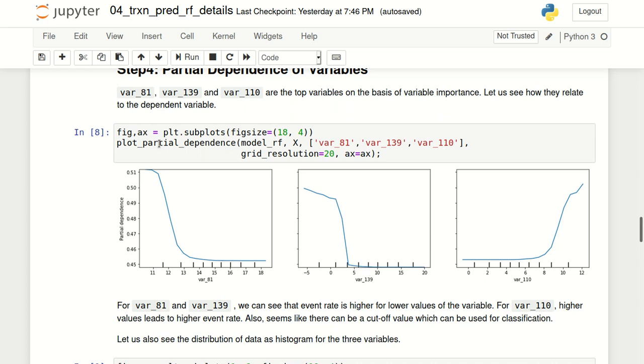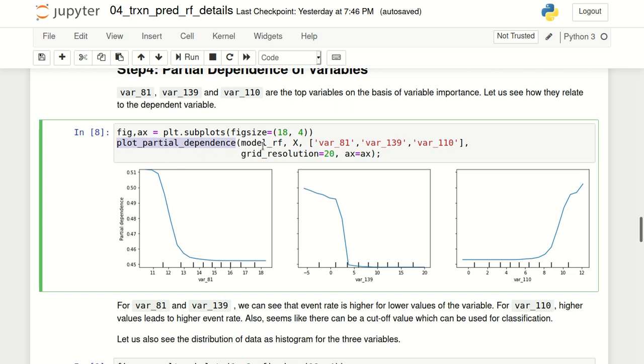So we'll call this function plot partial dependence. We'll pass the model that we have, all the x variables, and a list of all the variables that we want to be plotted. We have 3 variables and those we have specified here. And the other parameters are about grid resolution and the axis.